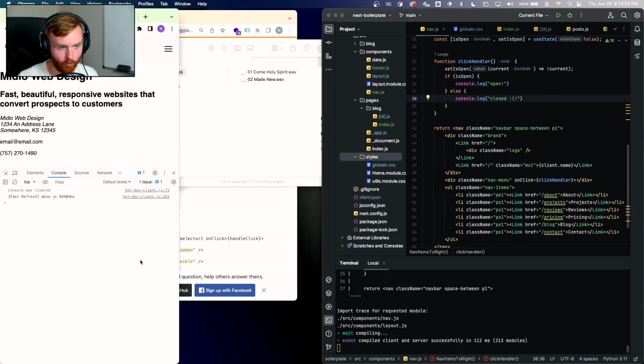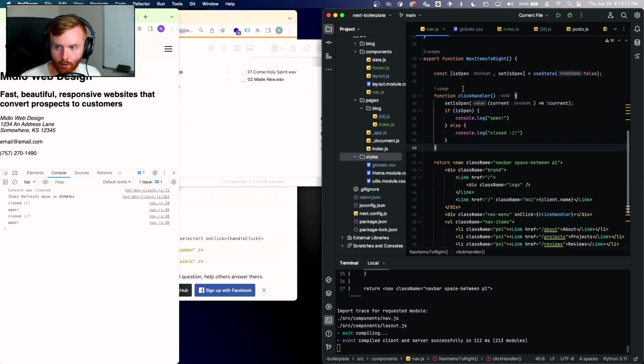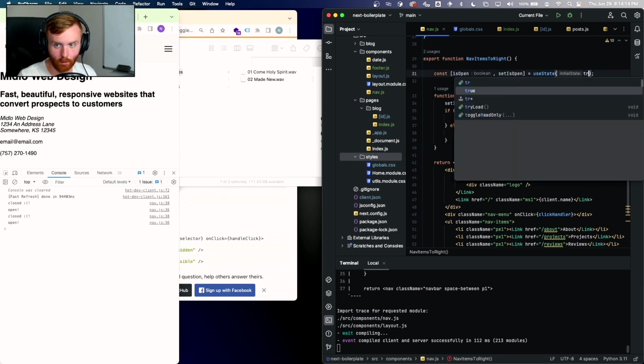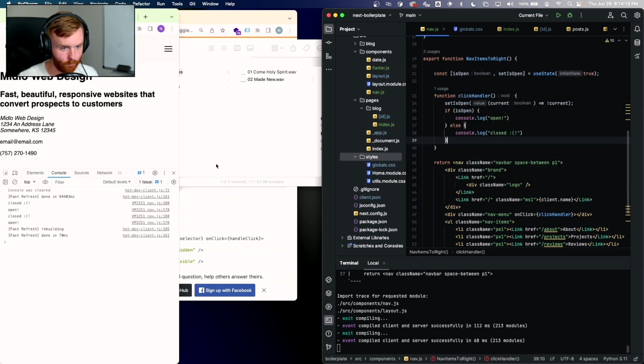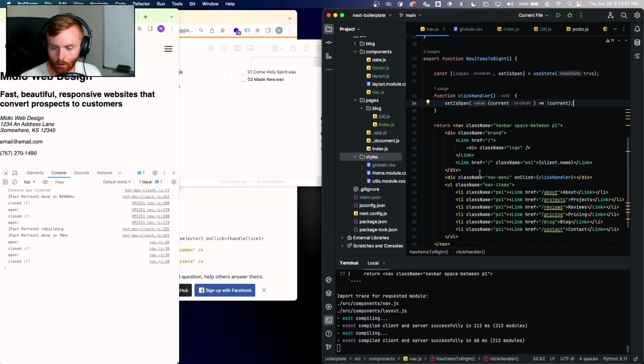So then if I come back here and then I hit that, closed, open, closed, open. But that means that my initial state is wrong. So if I set is open to true, and then I hit that, it means it's open, closed, open, closed. And so now what that'll allow me to do is,